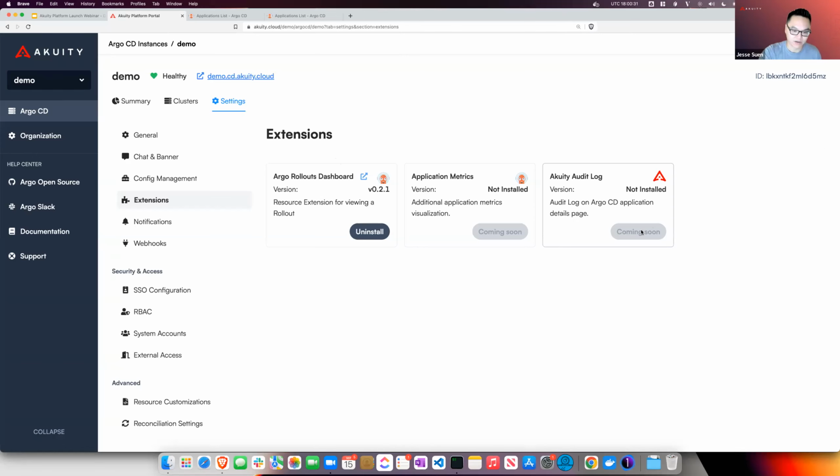Oh, and I forgot to mention things like config management plugins, right? There's already years and years of ecosystem of config management plugins, like Vault, and people shouldn't have to always keep their eye on the Argo project to figure out what's going on. If they can see one popping up here, they can say, oh, that's neat, let me try that one out. Okay, it didn't work out, uninstall it. Just making that much easier is something we want to do.